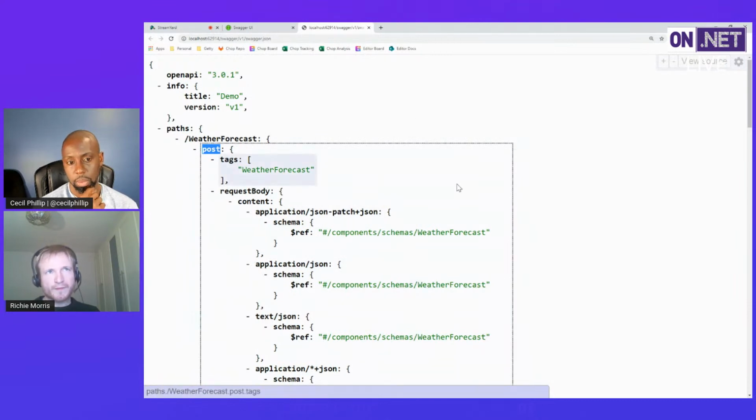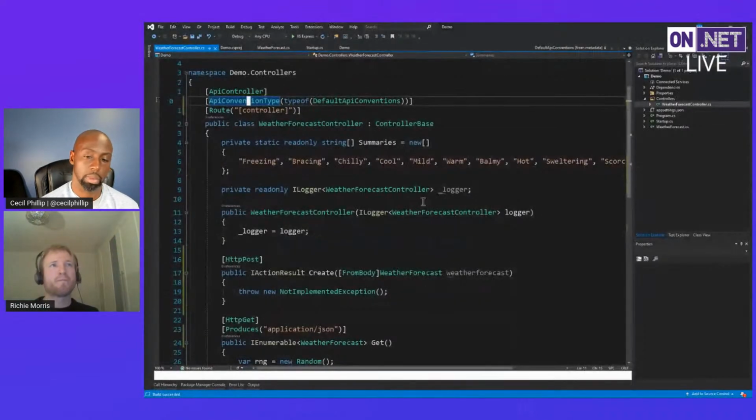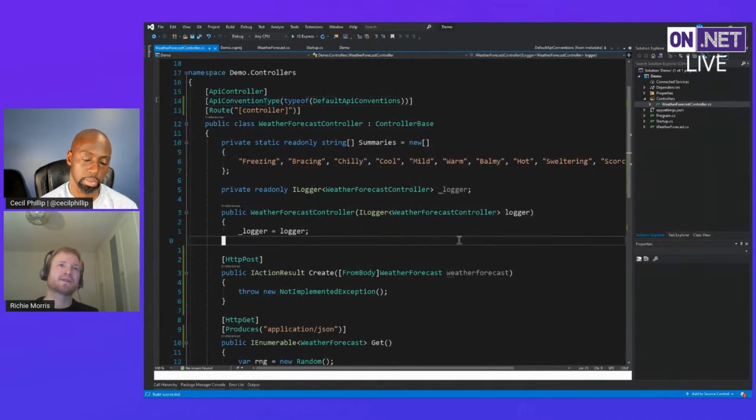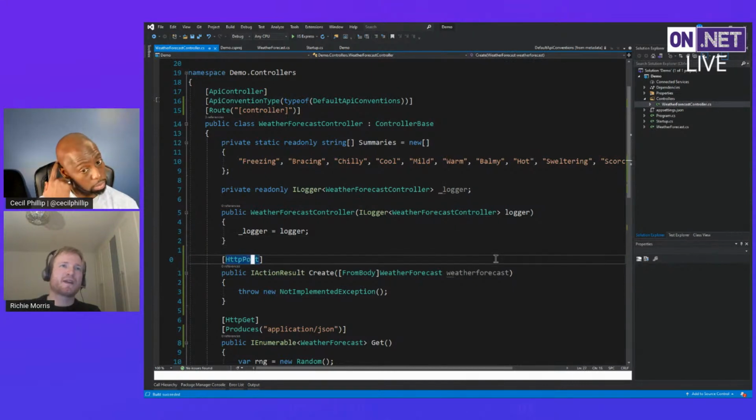So Swashbuckle did at one point try to generate friendly names, but it's too difficult. There were just too many issues with it. It was very difficult to get it right. It's something that's very expressive if you want to use it to generate client methods. So what I opted for in Swashbuckle was not to generate it by default, just leave it blank, but make it very easy to be explicit. So if you want to explicitly provide an operation ID,